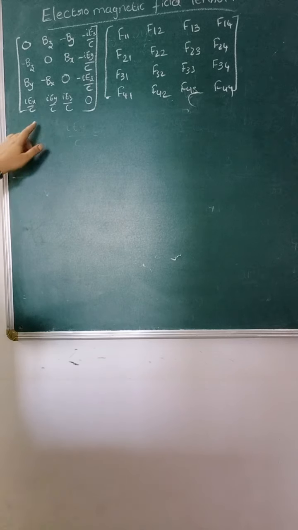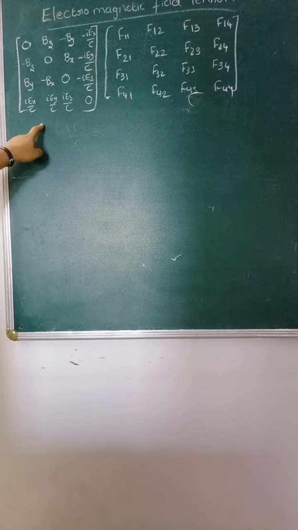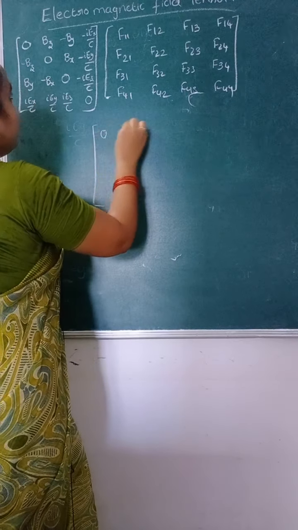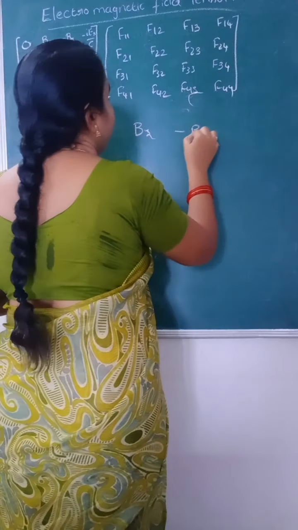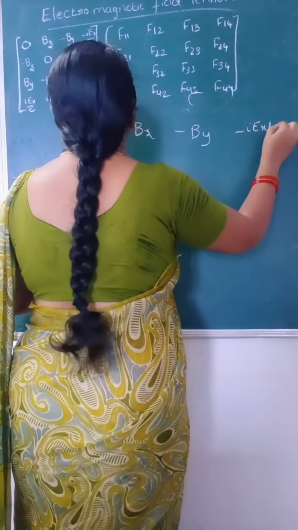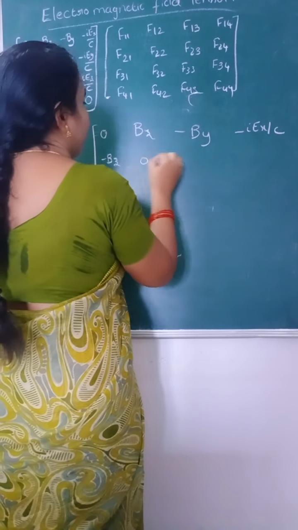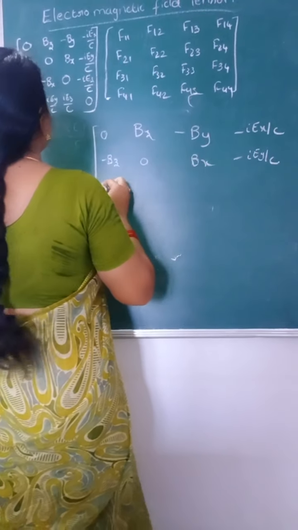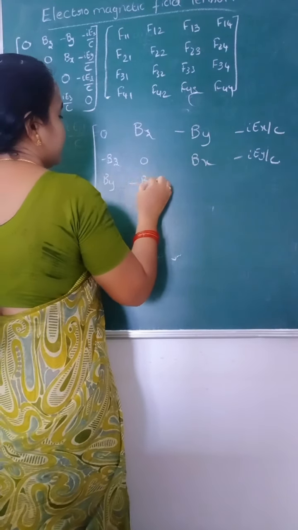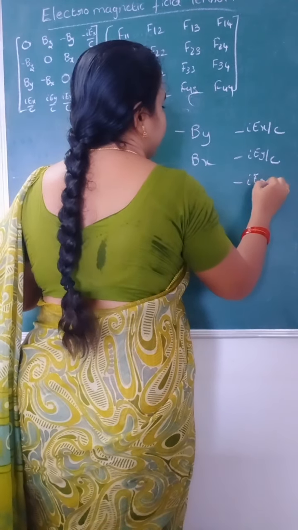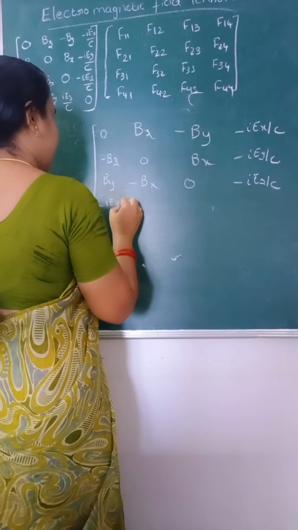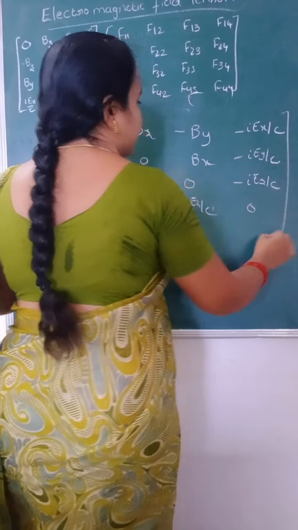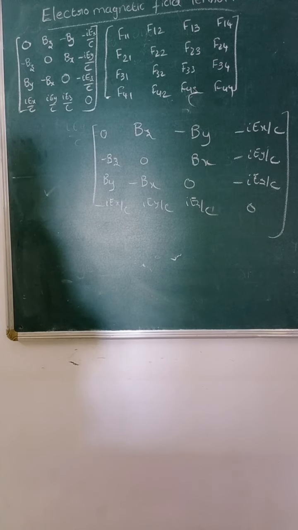This tensor is also called the electromagnetic tensor, which is antisymmetric of rank 2, given by: 0, Bz, minus By, minus iEx/c; minus Bz, 0, Bx, minus iEy/c; By, minus Bx, 0, minus iEz/c; iEx/c, iEy/c, iEz/c, 0. So this is the electromagnetic field tensor of rank